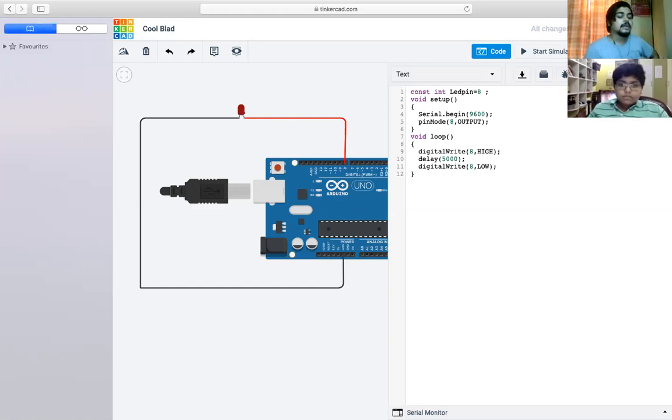Now again a delay will be there, so for 2 seconds it should stop glowing and then again it will glow for 5 seconds.